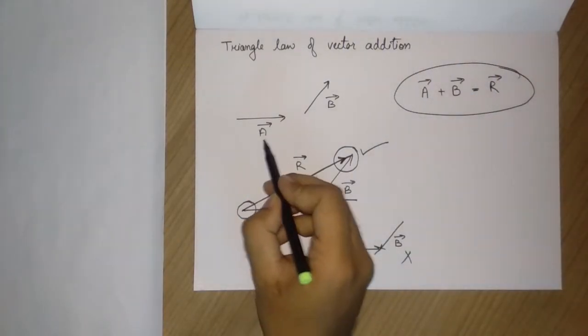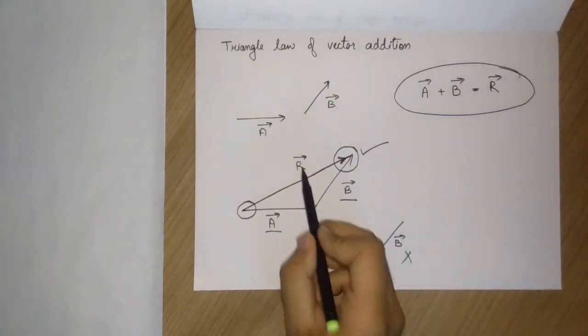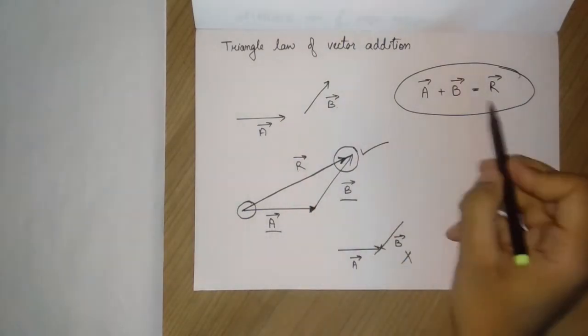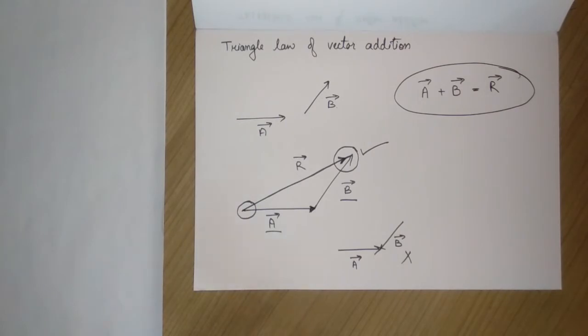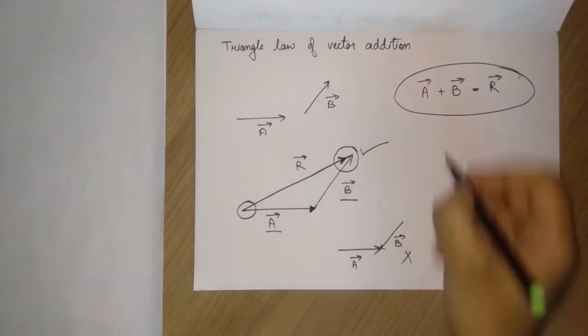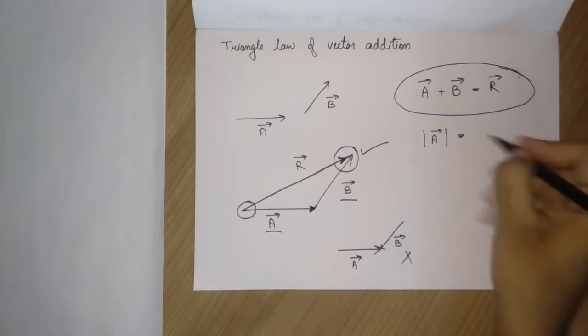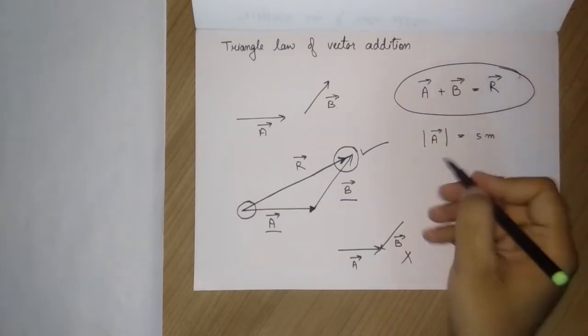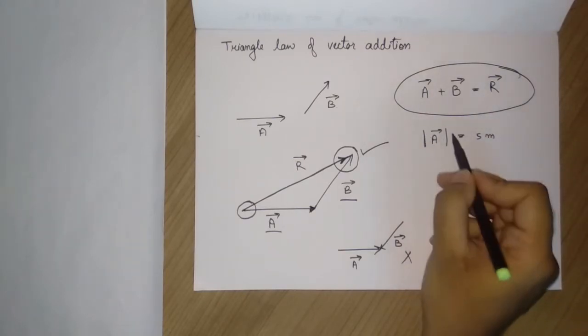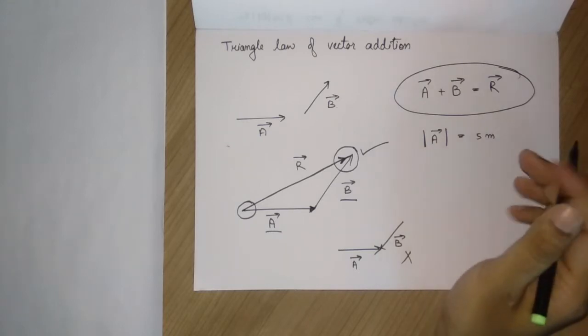If there are two vectors, vector A and vector B, then the resultant, this is the resultant, we'll get by just adding the vectors A and B. Now adding the vectors A and B does not mean that you can add the magnitude of these vectors. Suppose, let's say, the magnitude of A is 5 meter. Now, if you concentrate, if you see,